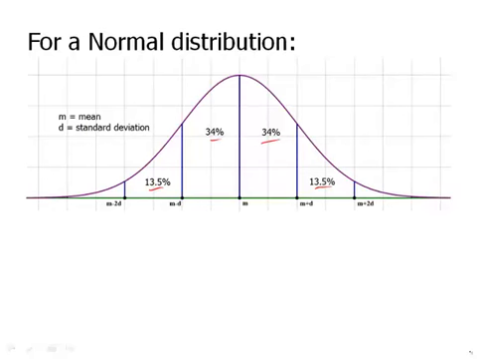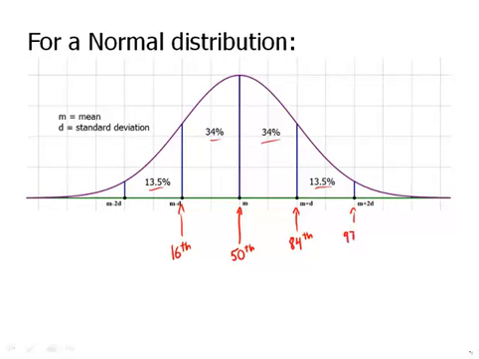The center number, of course, is the mean, the median, and the mode. So that number right in the middle, the mean, that is the 50th percentile. Well, if we go one standard deviation below the mean, so drop down 34%, that means that this number here must be the 16th percentile. You're higher than 16% of the population. If we go up a standard deviation above the mean, then we add 34%, and so that means here we're at the 84th percentile. And if we go another standard deviation above the mean, we add 13.5, that puts us